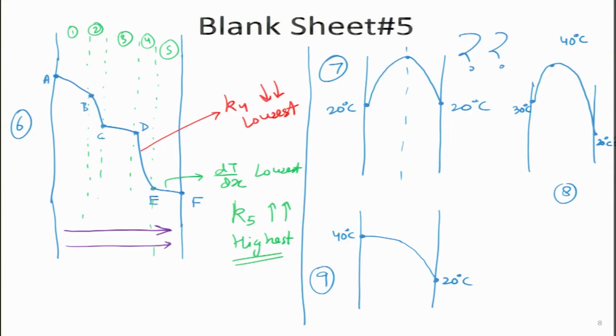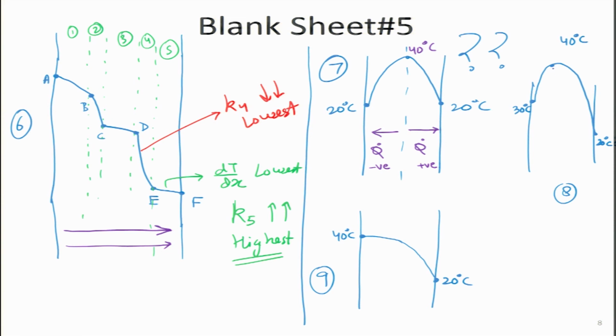What happens in case 7? It is a tricky case, and this is something that we will figure out in the next lecture, but I just wanted to give a glimpse of what we are going to do very soon. If I have to tackle it, the way I will look at it is that in the middle the temperature is highest, 40 degrees. So, I know heat flows from high to low temperature. So, I will draw it like this. Then there is a Q dot over here, but on the other side the same thing is happening, which means there will be another Q dot.